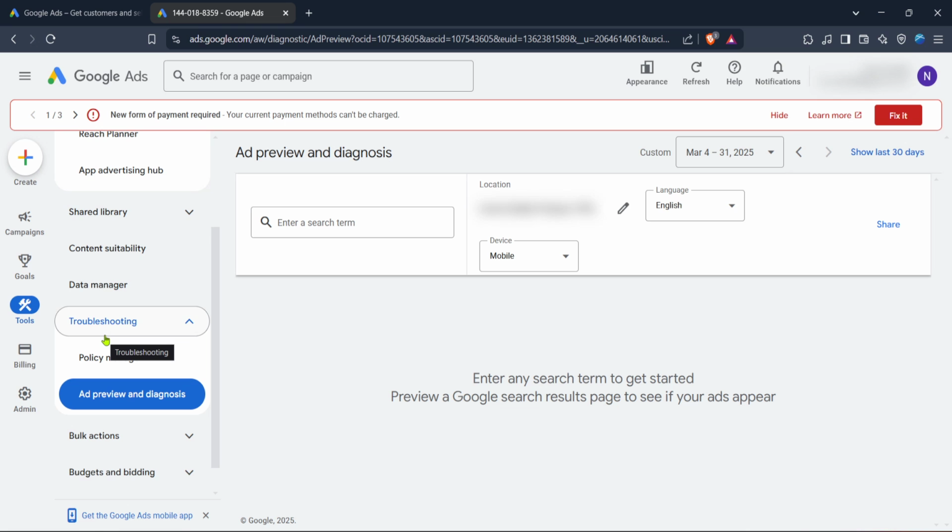By selecting Troubleshooting, you'll be redirected to a new section designed specifically for diagnosing issues. Among the options available in the Troubleshooting section, you'll find Ad Preview and Diagnosis. Go ahead and click on it. This feature is particularly handy because it allows you to see what your ads look like in Google search results. Not only that, but it also makes sure you don't accidentally inflate your impressions or clicks, which could otherwise interfere